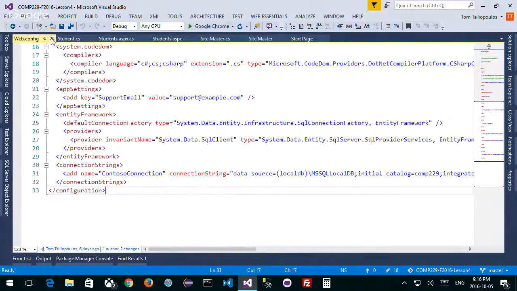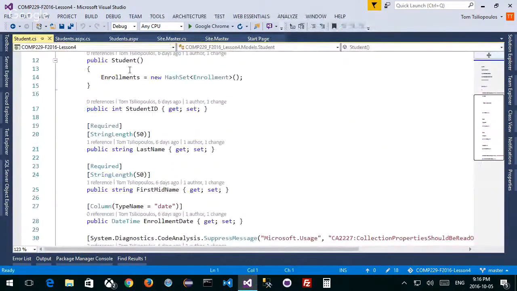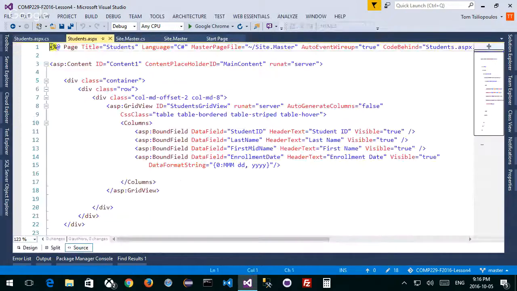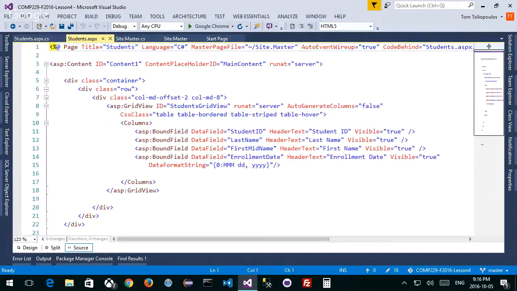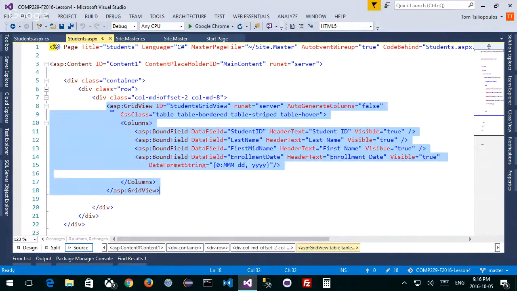Okay. So we did that last week. We did the connection and we read from the database. And the way we read from the database is we used LINQ. So if I was going to show you the student page, here's our page, ASPX. So our page is very simple. All it does is we created a table, right? Because here's my grid view, right? My grid view is the table. So grid view in ASP converts to table inside HTML. Let's see what that does.